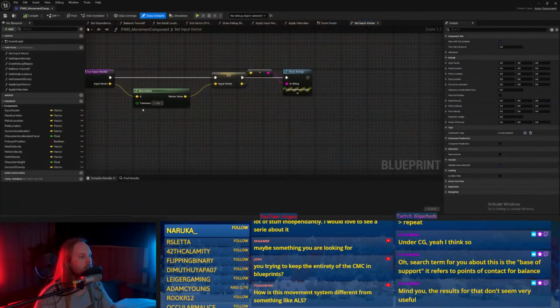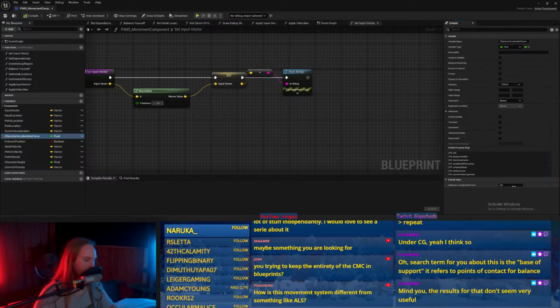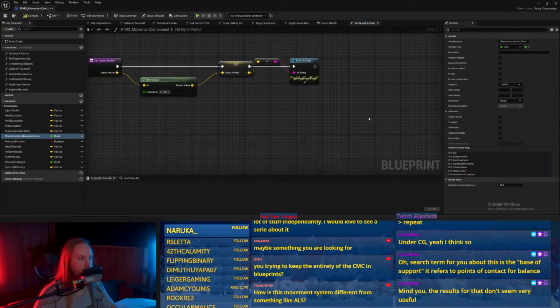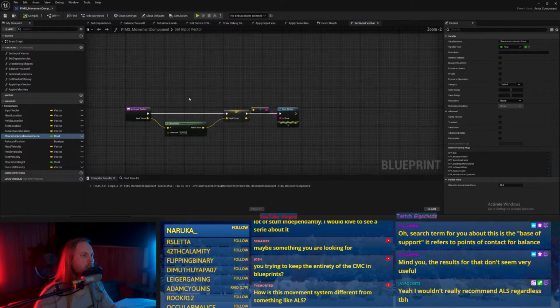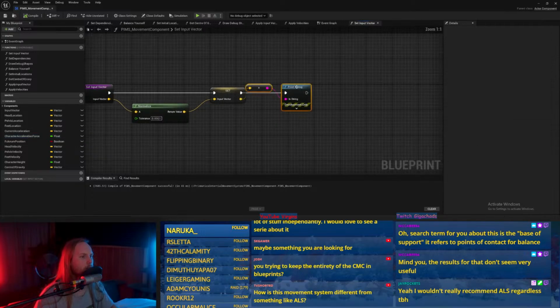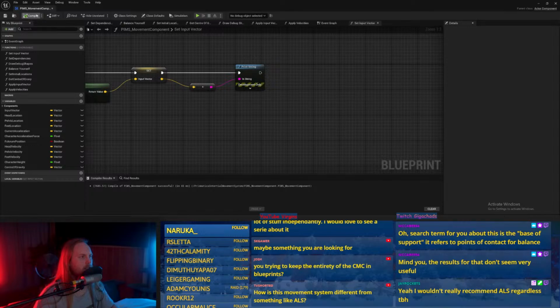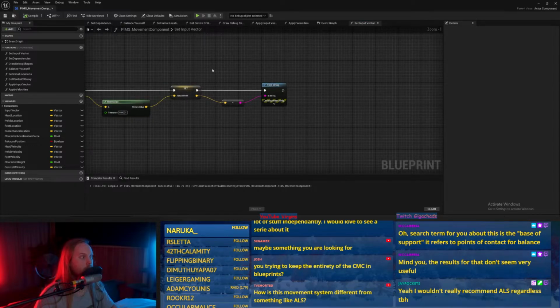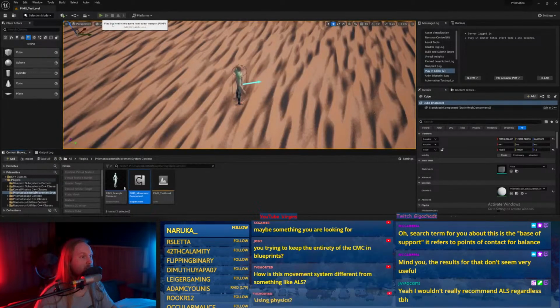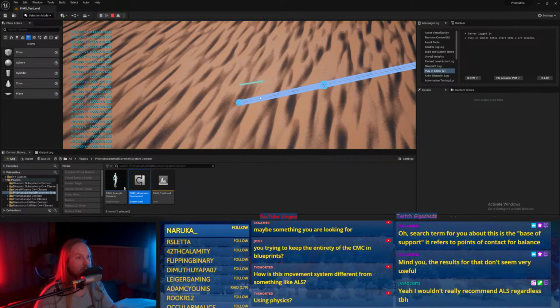Right, I set the acceleration to 0. Let's just say acceleration is like 10. Also, how do we tell it to stop accelerating once it's like coasting, you know? Because this is just going to keep accelerating forever, right? Also, this has no friction, so if I let go, it's just going to do this.